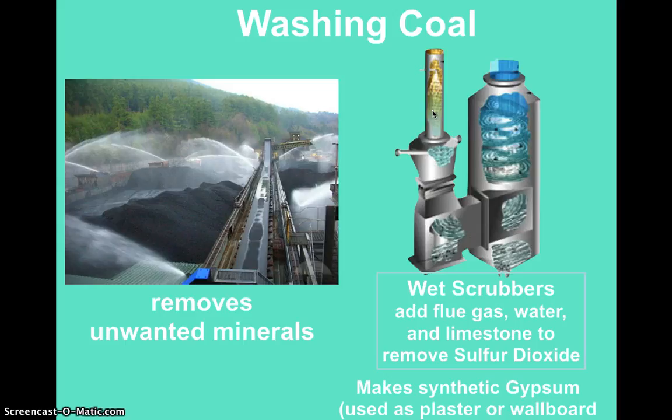Another type of clean coal technology is called a wet scrubber. And basically what's happening here is the addition of flue gas, which is the gases that are emitted towards the smokestack out of a factory or electric power plant, used in order to remove sulfur dioxide from the coal, which is what it's mainly composed of. And the trace element, or what they make, is synthetic gypsum. You don't have to know that on the test, but it's used for industry in construction.